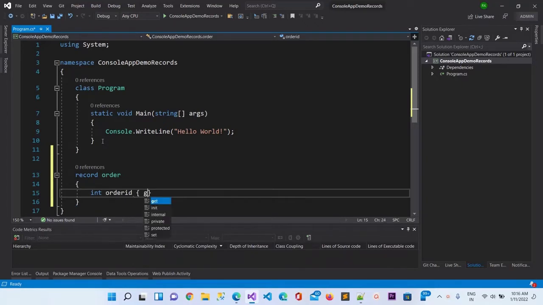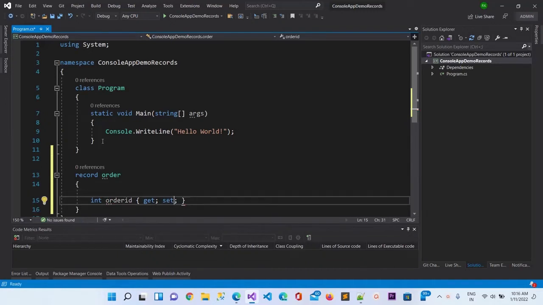Here I will use get and set. But when you use record, make sure you are using init, because record is basically created for using init.